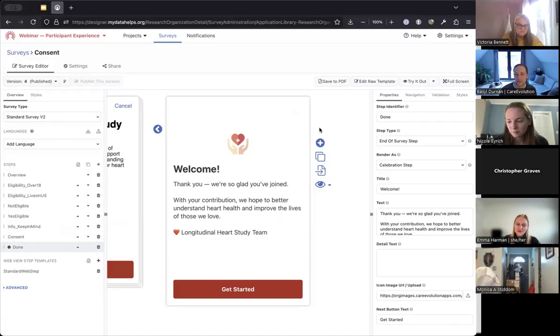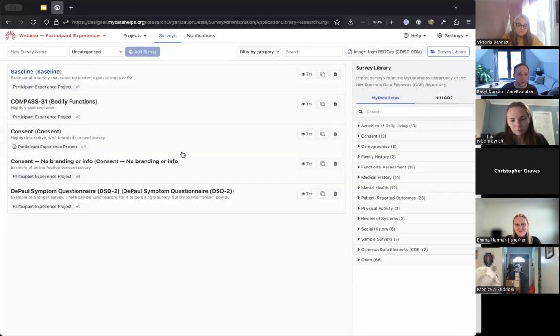I think this is a really key piece too, is really trying to bring back that there's a study team here as well, right? That you're not just this faceless entity, right? If you're in clinic with someone, there's a face there already. You don't have to introduce yourself. You probably already have. But when it's digital, you don't have that same immediate connection with someone. And I recognize a lot of teams are turning over different people who are working on these studies, but just being able to say, hey, there's a team behind this study helps to give someone some appreciation for how they can connect with that. So a few other things that I would like to show off when it comes to